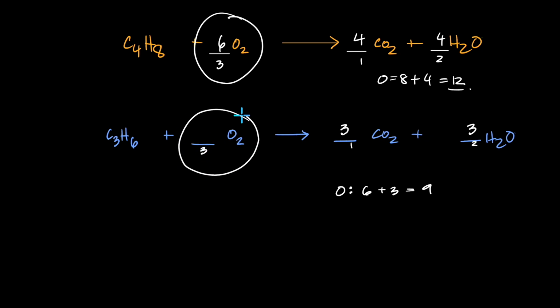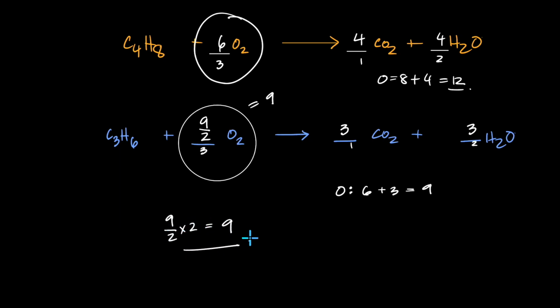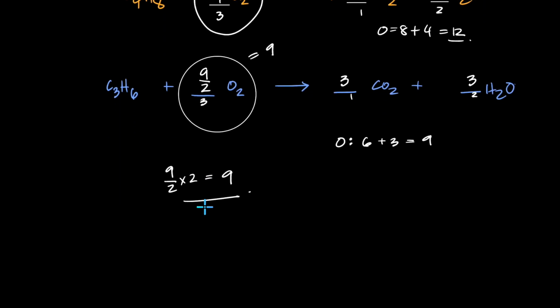So I want this to become equal to 9. How do I make this equal to 9? What times 2 is equal to 9? 9 over 2. And you can use fractions. Another word for 9 over 2 is 4.5. You can use decimals also. Absolutely okay to write that. So here you could write this as 4.5. So if I erase all of this, I can write 4.5.